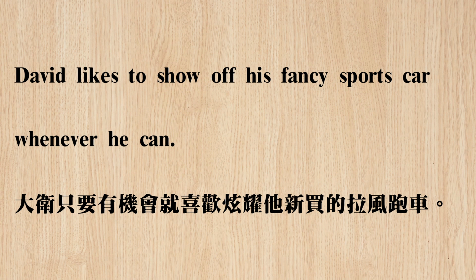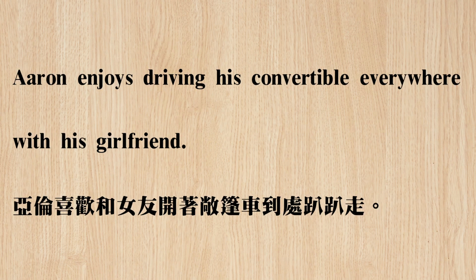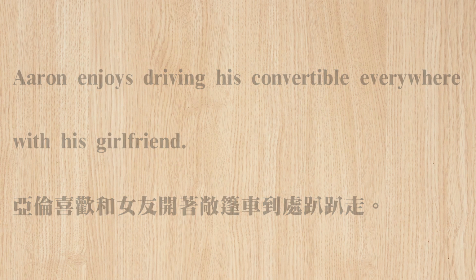show off his fancy sports car whenever he can。这里的 fancy sports car 就是他的拉风跑车。再来看第2句，Aaron 喜欢跟女友开着敞篷车到处玩，这时候英文可以说 Aaron enjoys driving his convertible everywhere with his girlfriend。这里的 his convertible 就是他的敞篷跑车。所以这几个车子，如果有机会，当你要跟外国朋友讨论像玩命关头这样的电影，或者描述那个场景给人家听的时候，你就不会不知道跑车要怎么说了。